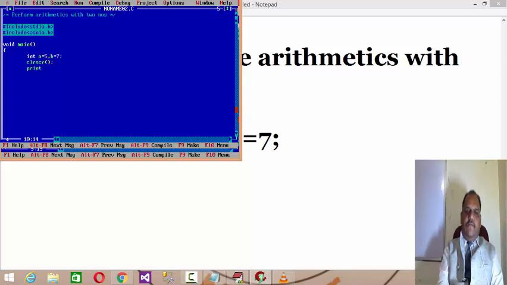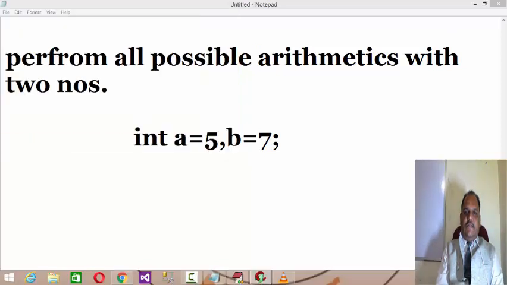What I can do, printf first number. If you want to print the value of a variable, then you have to use %d. %d is a format specifier for printing the value of numbers. And then second number, I'll explain this in detail. Then you have to specify the variables a, comma b. Means what is the output over here? Let us discuss this in detail.